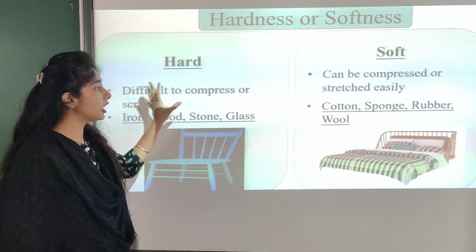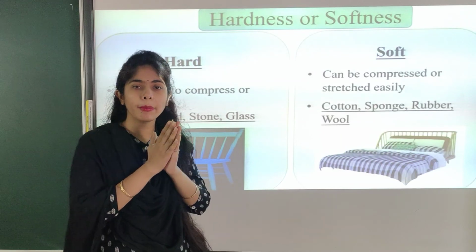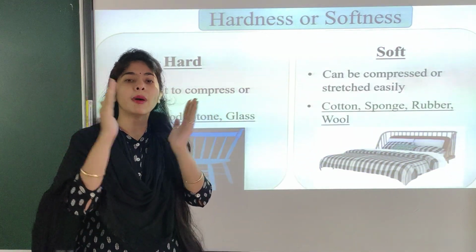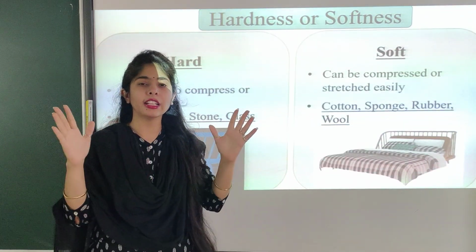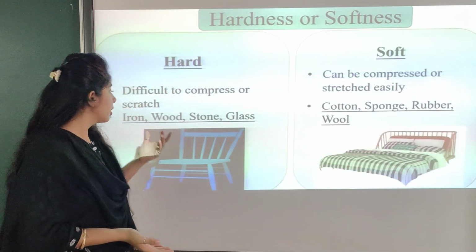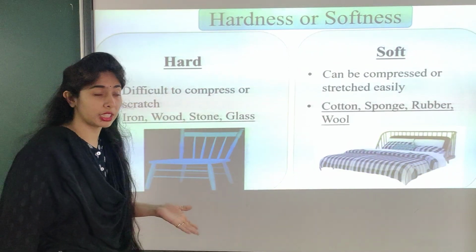Hard, difficult to compress or scratch. We will not be able to compress it, we will not be able to press it down completely. Okay, can we push the table and does it change its shape? No, because it is hard. Okay, iron, wood, stone, glass are the examples of the hard materials.